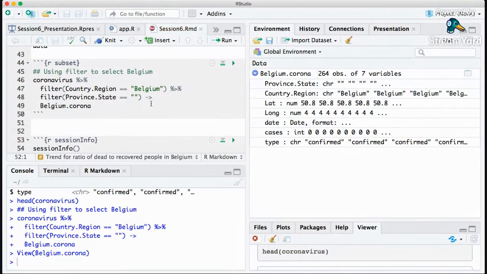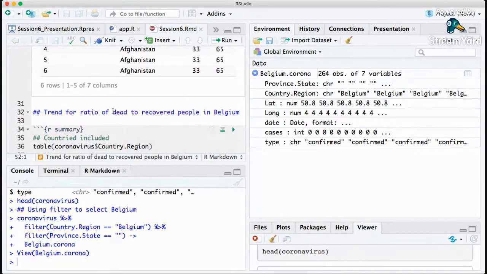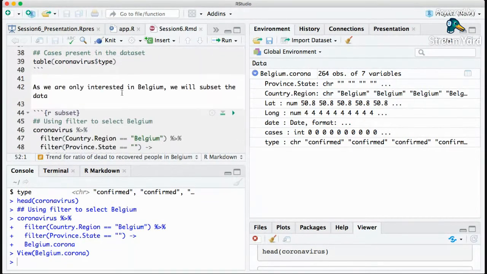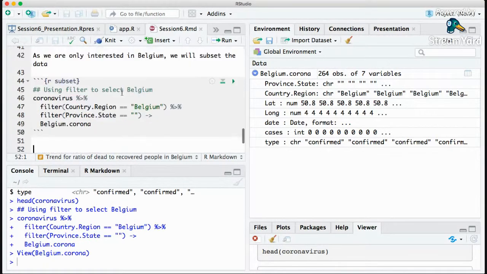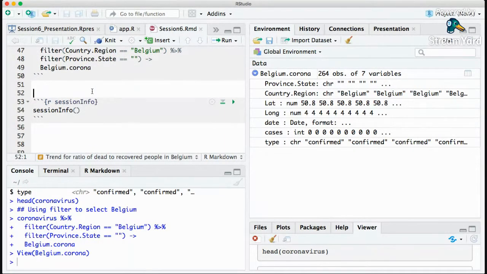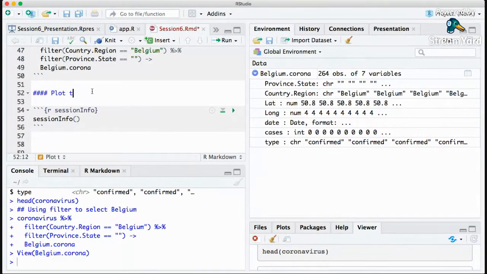Now, because our whole goal was to plot the ratio of death to recovered along days in Belgium, first let's just plot the cases and then we will come to the ratio. For the ratio we'll have to do a data manipulation to get it. But first we can just plot the trend. So let's make this a header of the 4th level: plot the cases of